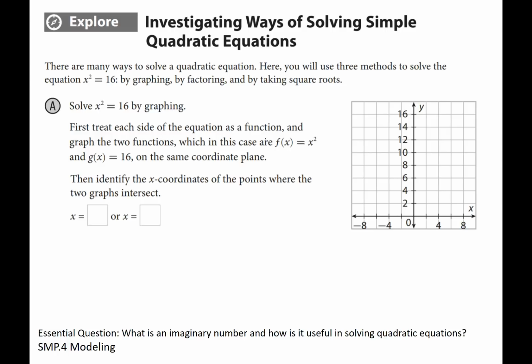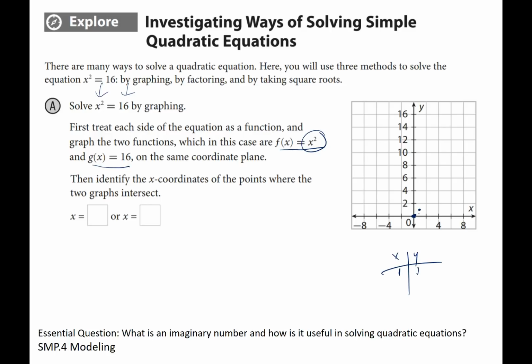First, treat each side of the equation as a function and graph the 2 functions, which in this case are f of x equals x squared and g of x equals 16. So basically, you graph each side. A parabola, I think we touched on that last week a little bit, but a basic parabola starts at 0, 0. If I had to, I could put in the point 1, 1. If I put 1 into x squared, I get 1, so I know the point 1, 1